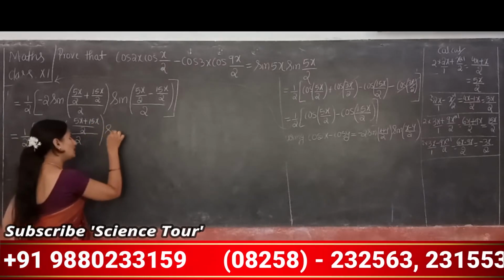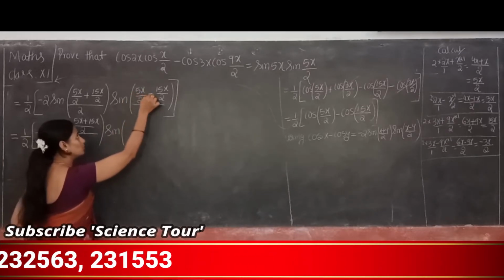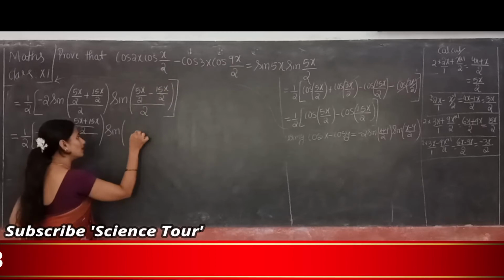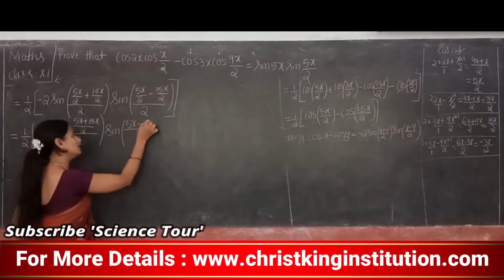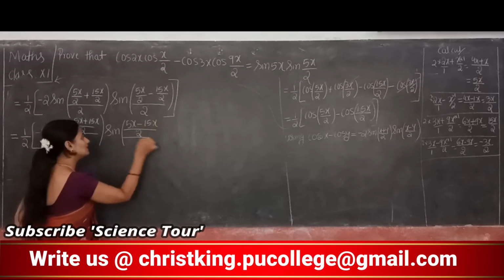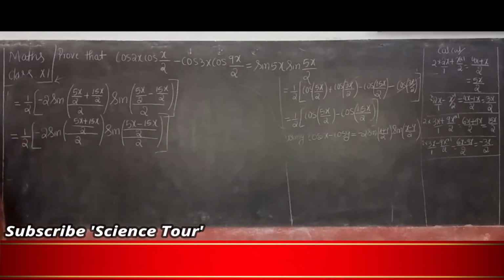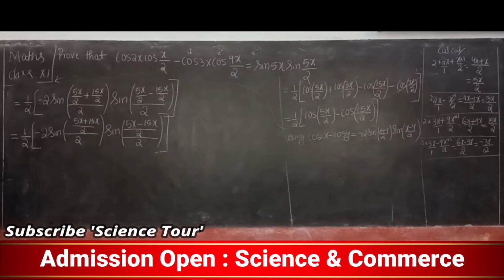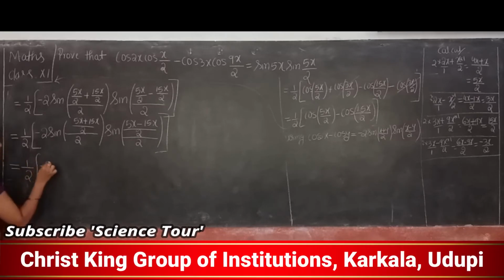Sin 5x divided by 2 minus 15x divided by 2. LCM is 2. So 5x minus 15x divided by 2. So close this outer bracket. Clear this simplification? So this is equal to half, minus 2